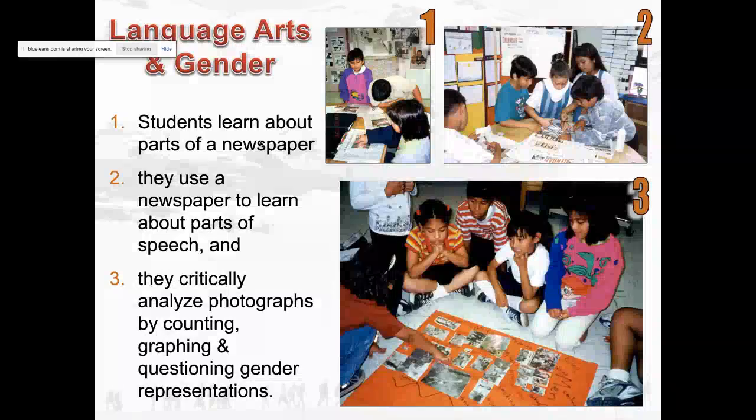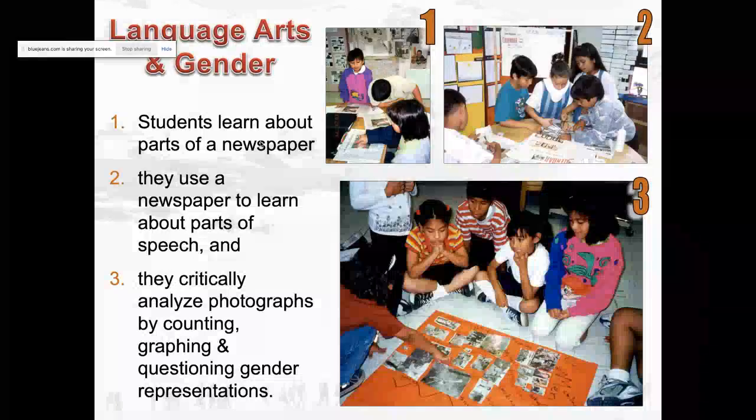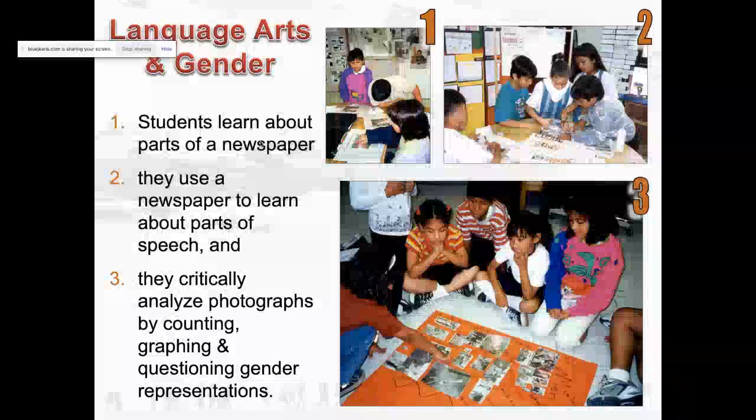It was fascinating to see, because what we ended up finding is that the pictures of women were far more passive. They were posing, they were smiling for the camera, where the pictures of men were much more active. They were doing things, they were involved in stuff. And so we ended up seeing the difference between passive and active verbs as well. There was a lot that came from this type of activity, where the students were the researchers using real current events as the platform for critiquing and questioning issues of gender, race, class, and other aspects of society.